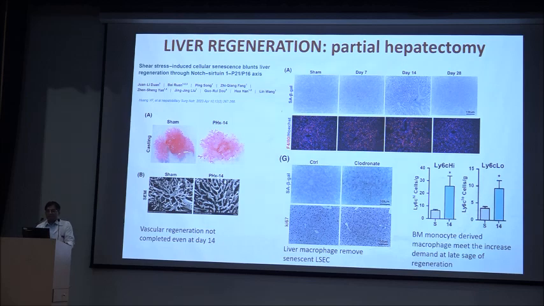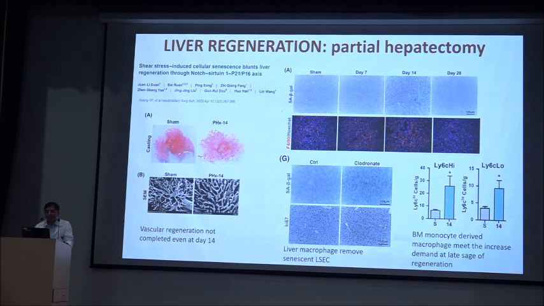Interestingly, a recent paper says that though we think hepatocyte regeneration has completed by day 7, even though all the cell proliferation has been halted, the vascularization is not completed even at day 14. And they show that this initial increase in the shear stress also leads to senescence in the endothelial cell population. And these senescent cells have to be removed rapidly to complete the regeneration, particularly the vascularization